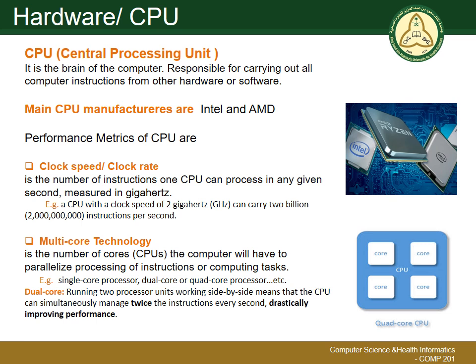For example, can this computer or CPU perform 1 billion instructions in a second؟ يقدر يسوي مليار عملية في الثانية. Another maybe CPU can do 2 billion instructions per second. السي بي يو الثاني أفضل من السي بي يو الأول لأنه يؤدي 2 مليار عملية في الثانية، بينما الأول يؤدي مليار عملية في الثانية. One of the metrics أحد المعايير أو الأشياء اللي اختبر فيها البرفورمانس اللي هي الكلوك سبيد،